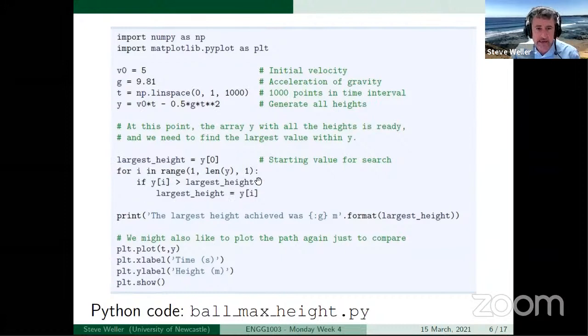The middle chunk of the code, I'm going to zoom out and show you on the next slide. That's where we're going to use a for loop to estimate the maximum height of the ball. We then display the maximum height, and the closing lines, which you've also seen before, plot the trajectory, or the height of the ball, as a function of time. Let's just run that code now. I've got a hot link in here, which should hopefully take me to a place which will generate the code for me.